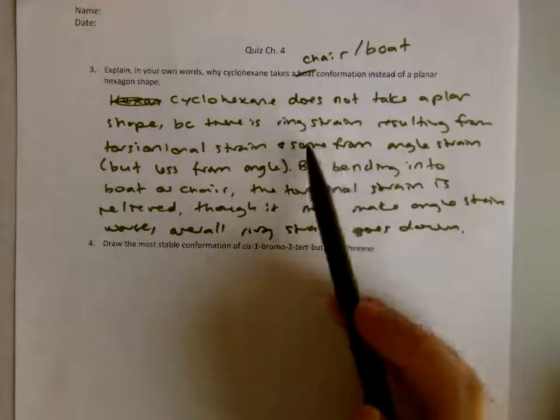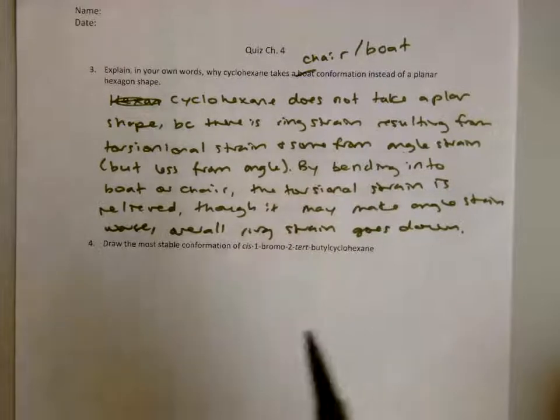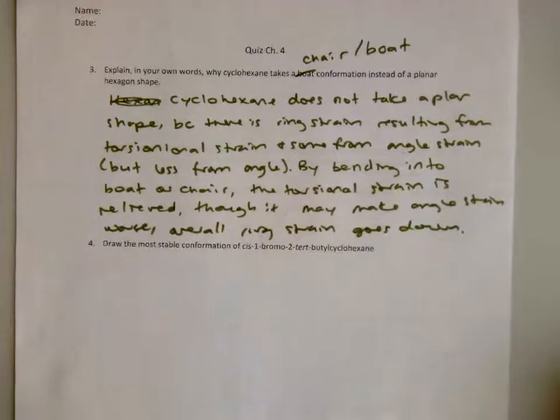Or even if you said, because there's ring strain, which results from electron clouds interacting with each other. You know, I was open to a lot of different ideas, but I don't think anyone hit all these points, that there was ring strain. Maybe a few people did, but there was ring strain, torsional strain, and then, you know, by bending, it relieves some of that. If you got the main ideas, I gave you,